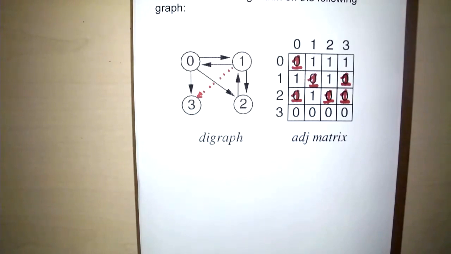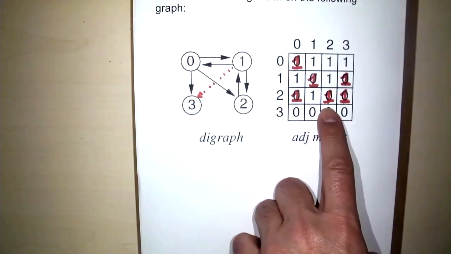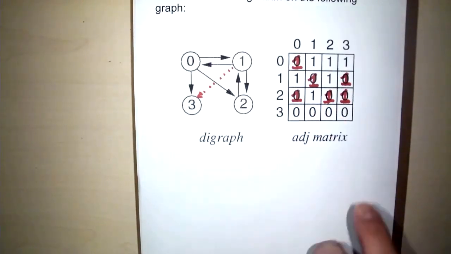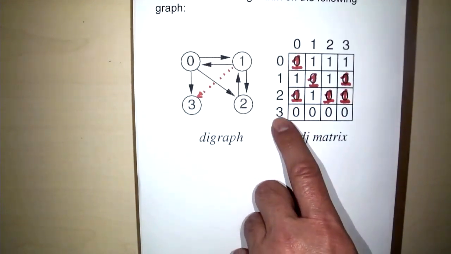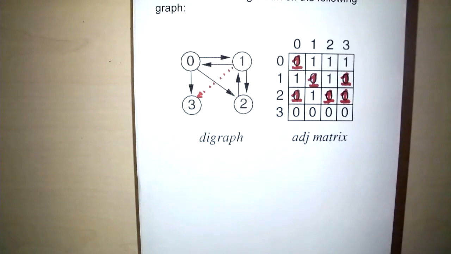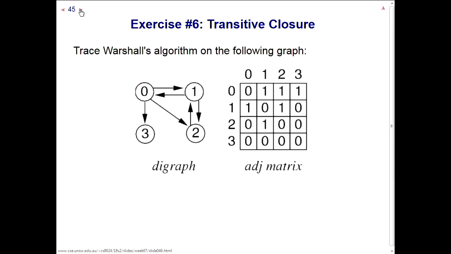So this is the reachability matrix that we have computed here. And you can see that every node is reachable from every other node, except that we can't reach anything from 3. So that's what Warshall's algorithm does. We have seen that the algorithm